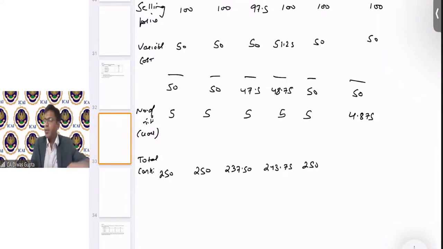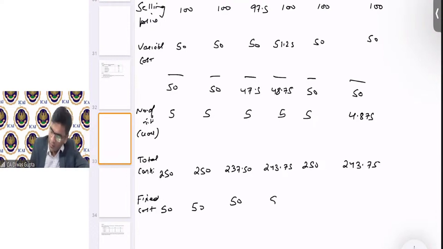Then again 250. And the number of units, it becomes 243.75. Now fixed costs. Fixed costs per year are 50. Here also it will be 50, 50. Here also it is 50. In the E part, we have